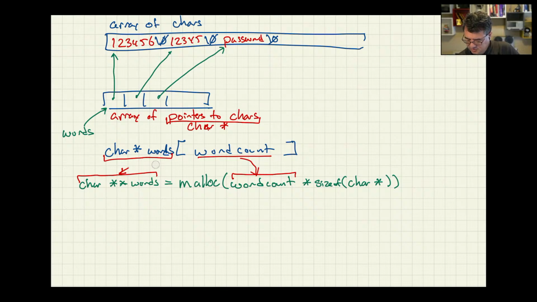So it's not true that you just copy and paste this section over here. You're going to take this part here and put it here. You're going to take this part, put it here. You're going to add on this extra star.